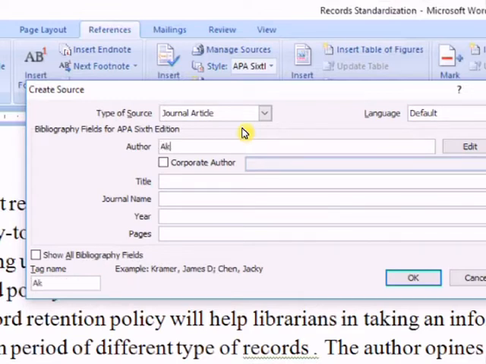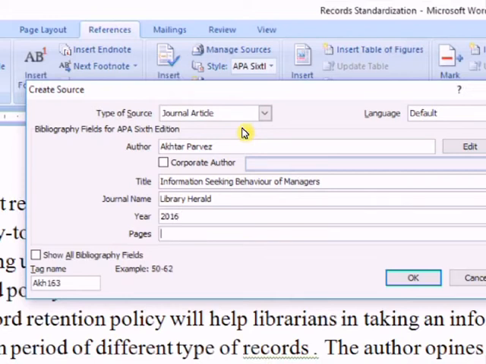Here say for example it is Akhtar Parvez once again, and the title is Information Seeking Behavior of Managers. Journal name is Library Herald. Year of publication is 2016 and the article is on page number 22 to 29.